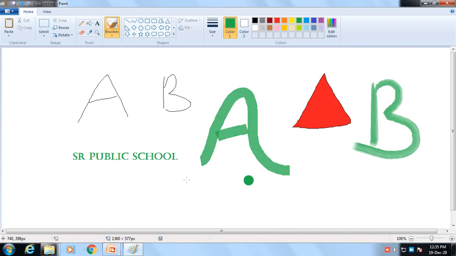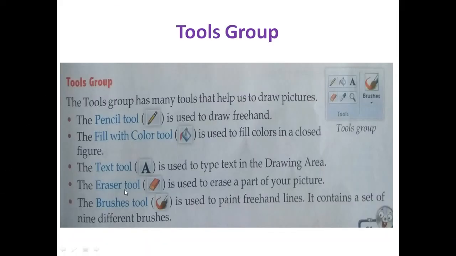See, as you can see the difference. See, using this brushes tool we can draw different type of images like this. Fine. Okay, so using this tool you can draw pictures and figures according to you.